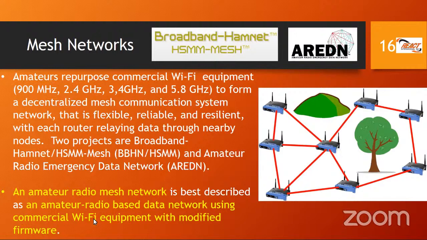And it uses commercial Wi-Fi equipment. These are some of the older routers that you have out there, those Linksys routers, but you can also use the Ubiquiti type routers and others as well. So that's commercial Wi-Fi equipment. That's what they mean by that. Same one that you will use at home or in a business to get internet access, an access point. But we are using modified firmware, and this modified firmware can only be used by licensed amateur radio operators, because this modified firmware, when we put it on or we flash it, or some people will say we hack it,